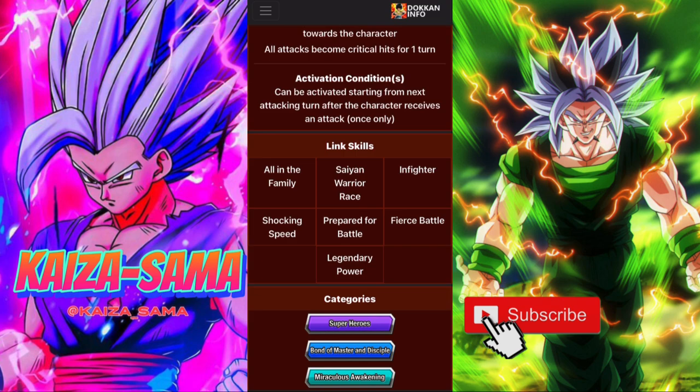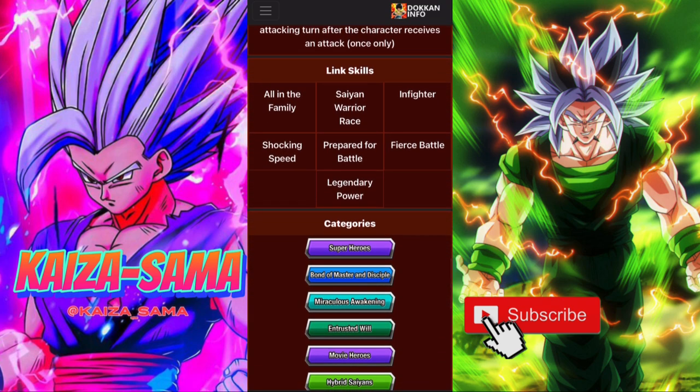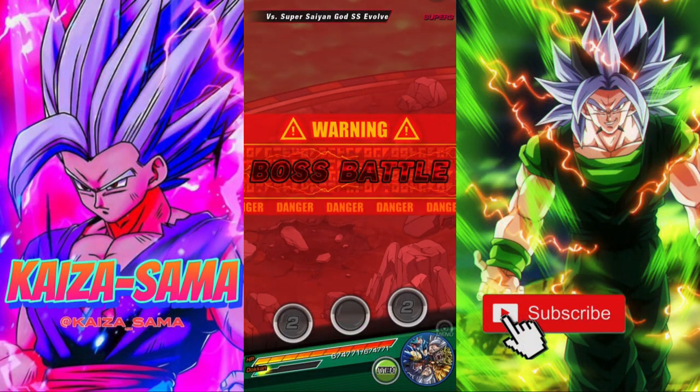And I would say the best link skills for him and amongst other characters on the team is going to be between Legendary Power, Fierce Battle, Prepare for Battle, and Shocking Speed. So between those 4 links and then the Saiyan Warrior Race as well, those are going to be the 4 or 5 links that he will link best with between characters on your team. So with that being said,